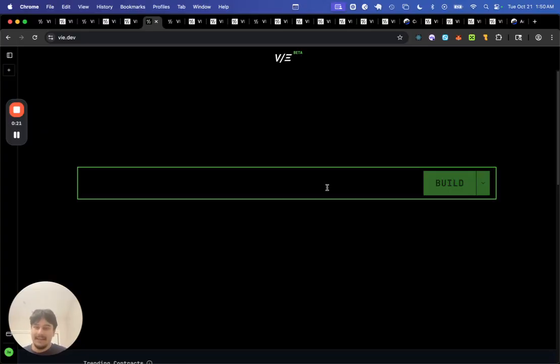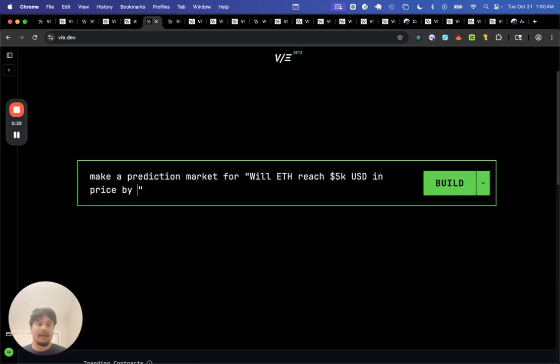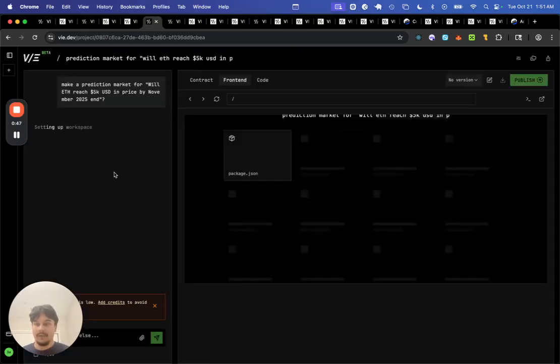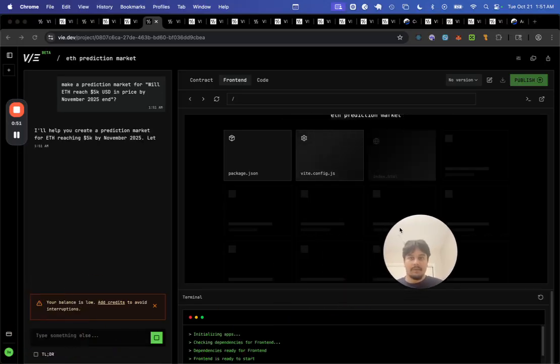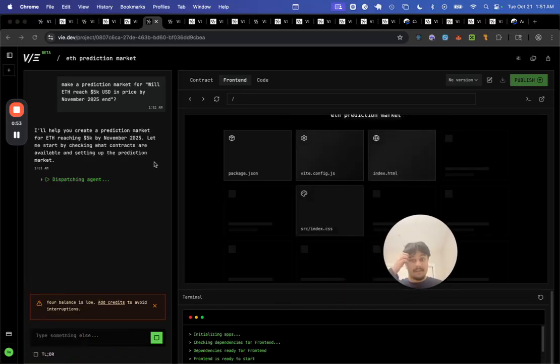Let's say I want to make a prediction market for: will ETH reach 5K USD in price by November 2025 end? So we can give this to Vi, and Vi will say that it's going to help me create